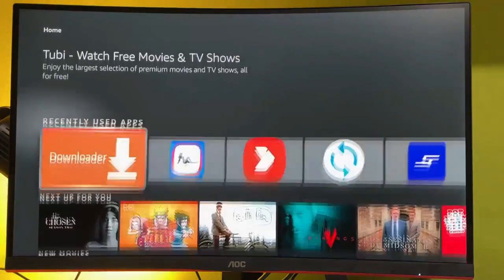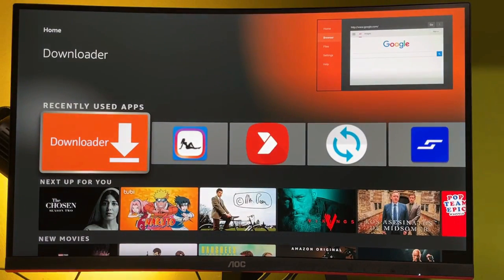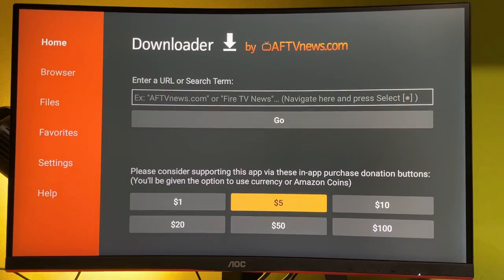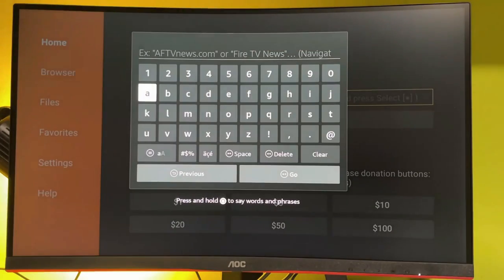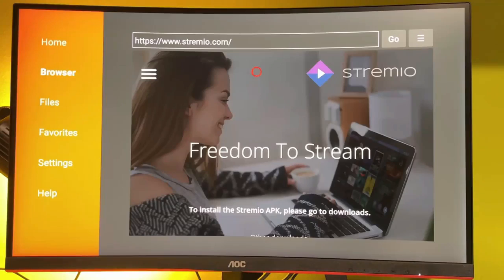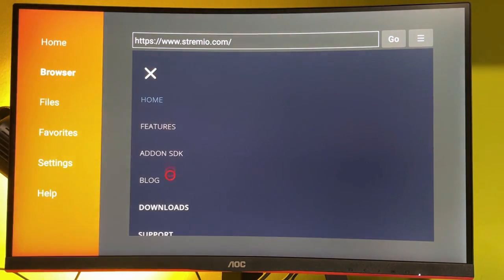After that, we finally can go and start using Downloader, so click on the application. Here, in that bar, we gotta type stremio.com, and here we go. And now the official website of stremio.com has opened, so we need to press on that hamburger button here on the left side of the screen, then go to Downloads,